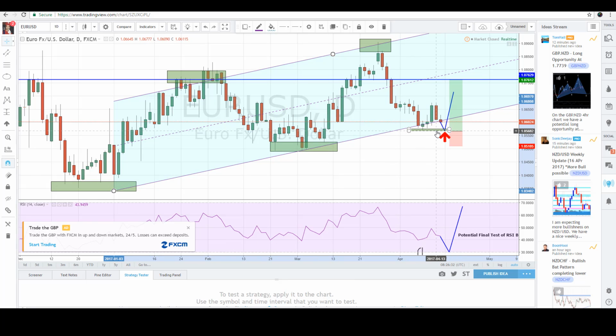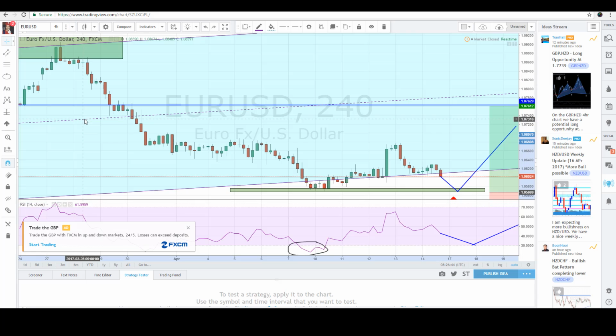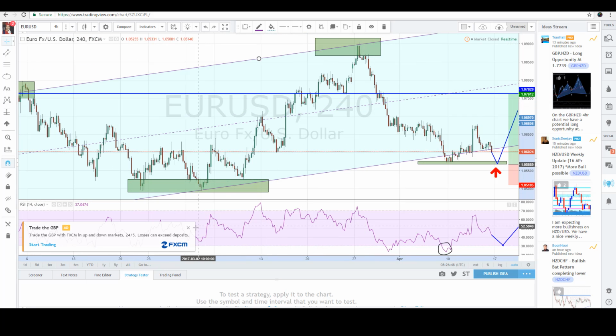So on the H4 chart, I don't see any setups that I can be trading. There's no pattern, you're just buying off the low of a channel. That's not strong enough. So I go down to the lower time frame to see if there are any setups based on harmonic theory which I can use. So what I see is that